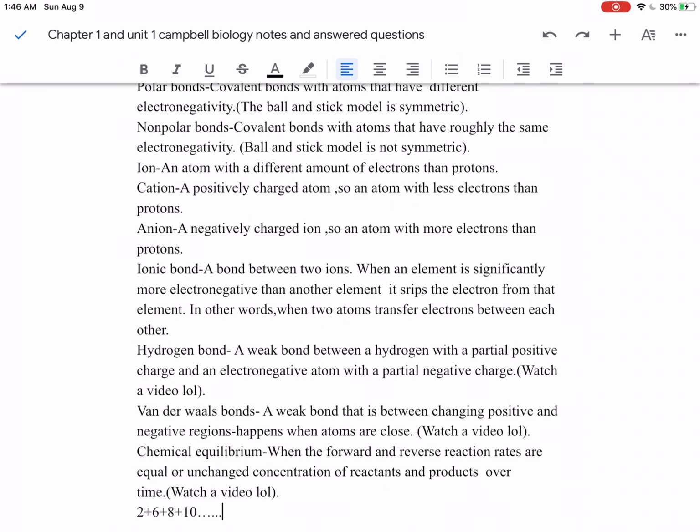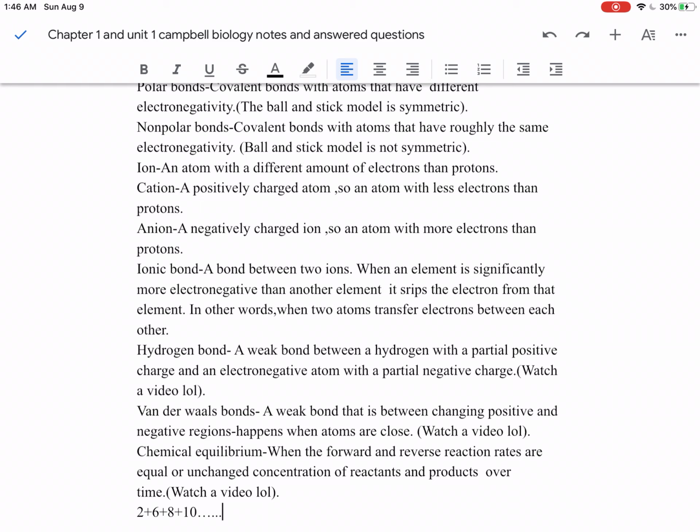Now, an ion is basically an atom with a different amount of electrons and protons. A cation is a positively charged atom, so an atom with fewer electrons than protons, because since it has more protons, it has more of a positive charge. And then anions are basically negatively charged ions, so atoms with more electrons than protons. Since it has more electrons, it has more of a negative charge. So that's pretty simple. And don't worry, ions will be explained more in chapter 3. A lot of the stuff is explained better in chapter 3 in my opinion. I think they really should have just condensed chapter 2 and 3,